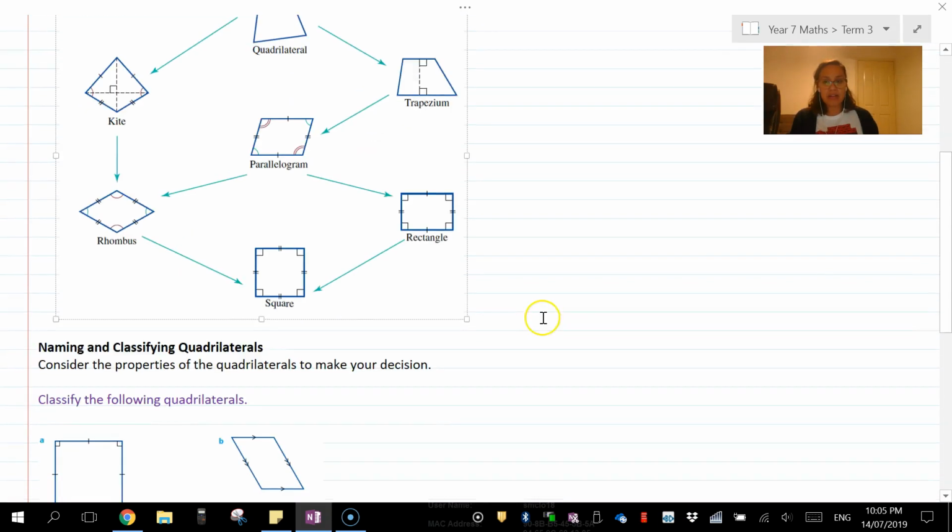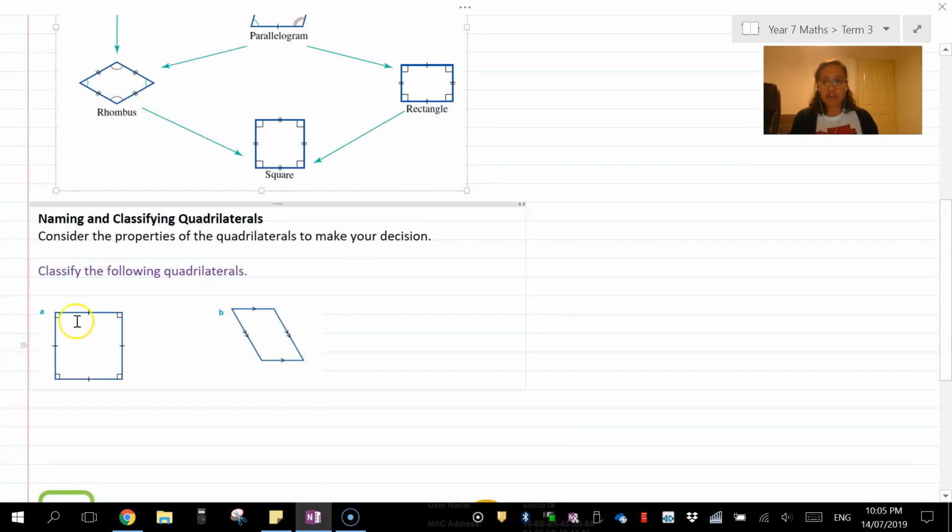All right. So classifying them, here we go. We've got 2 quadrilaterals. This one here has all equal sides, so we know it can either be a square or a rhombus. Well, it is a rhombus anyway, but our little squares in the corners tell us that it is right angle, so that means it is a square. So A is a